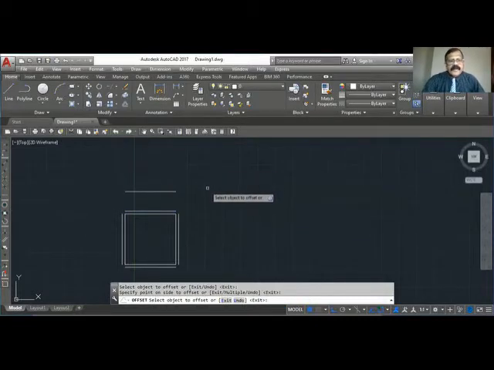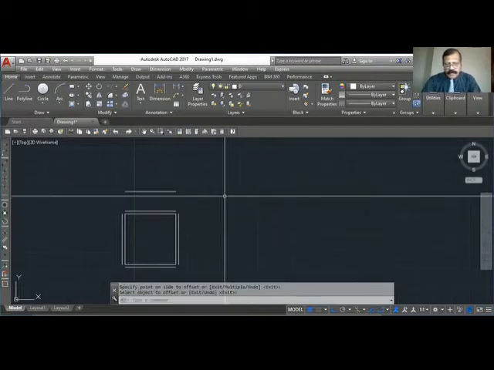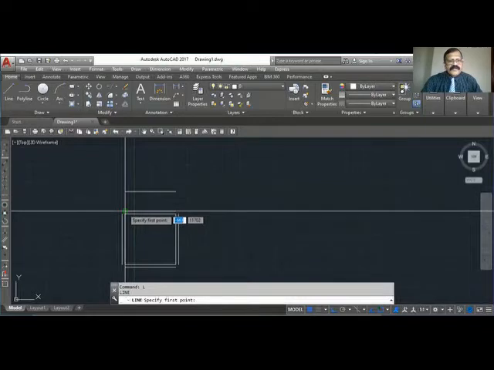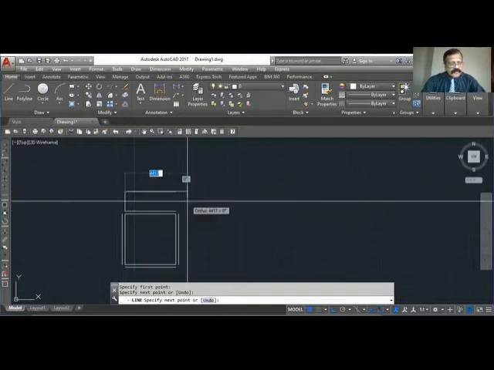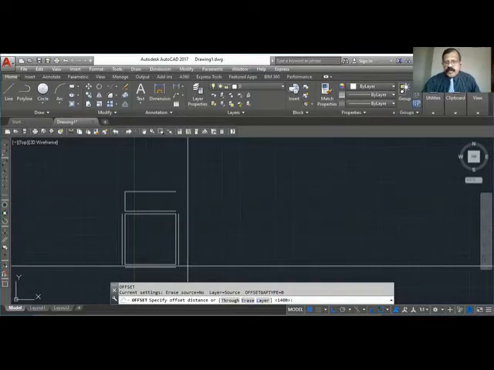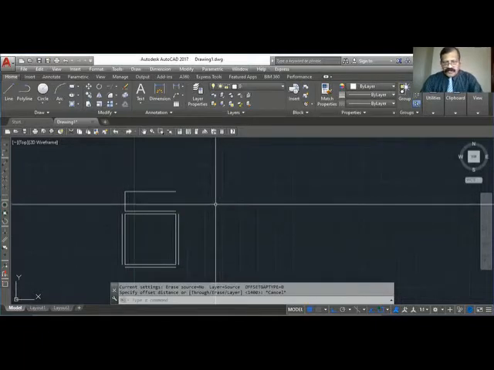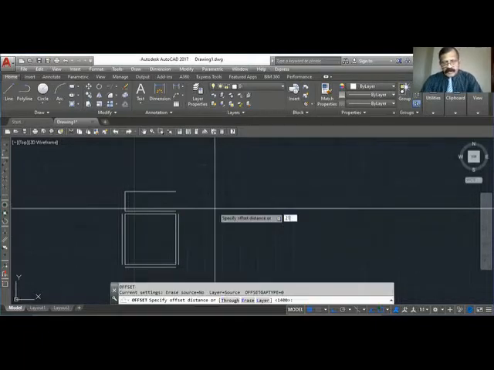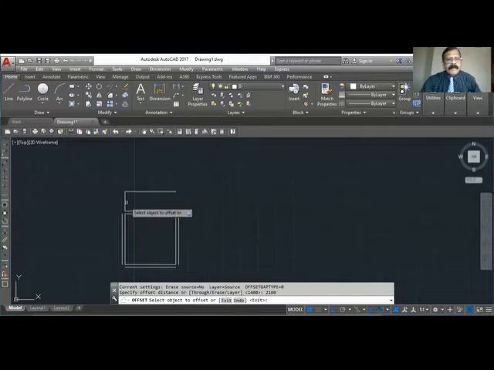I will draw a line end to end and offset. How much is the distance I have to offset? I have to do 2100. So offset 2100. So this is my toilet room.